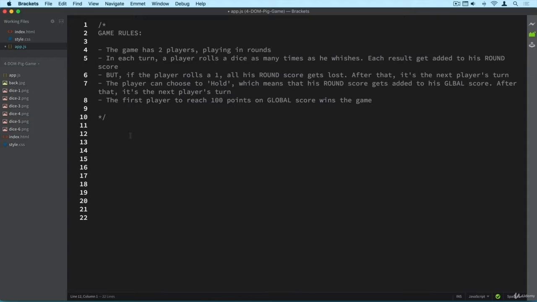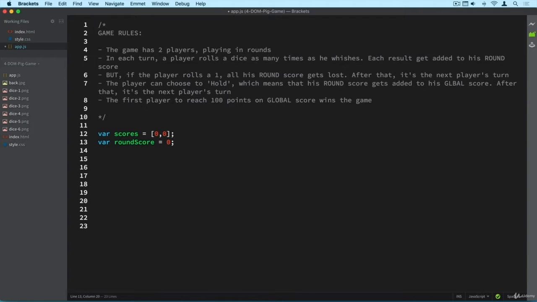Now I could go ahead and create a variable for each player like this, score1, set it to 0 and score2 and set it to 0 as well. But we want to keep things clean, and so I only want one variable. So how are we going to do this? We are going to use an array. So I'm just going to call this one scores and set both scores to 0 in the beginning, right? Okay, and I also want a variable for the round score. And this only needs to be one value because we only have one round score at a time, right? So round score